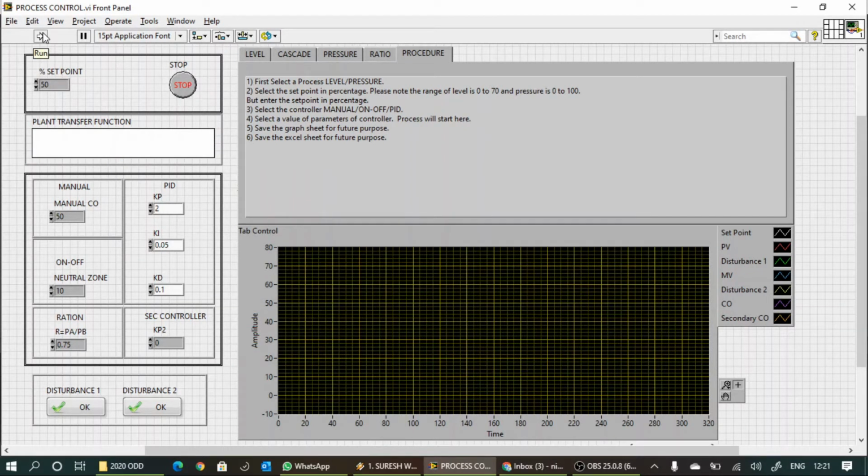So in this video I am going to simulate the cascade controller, how to use the cascade controller. Okay,